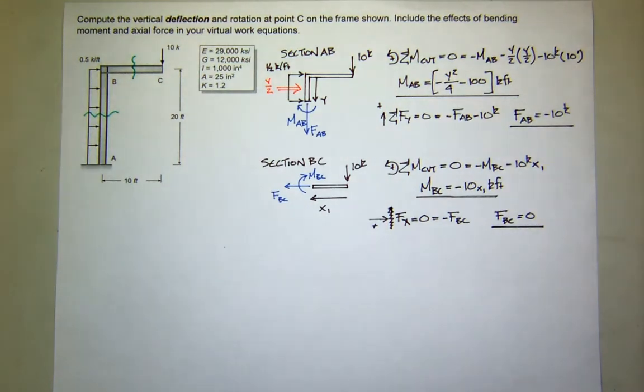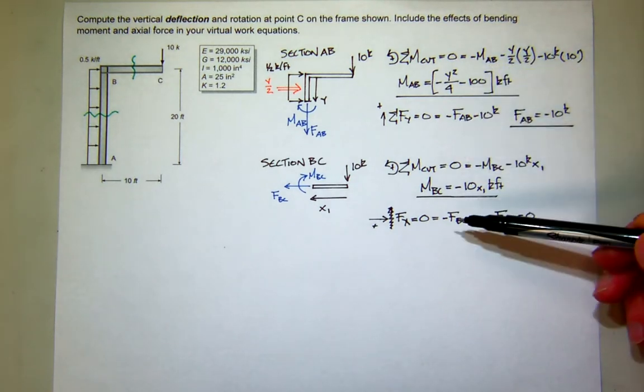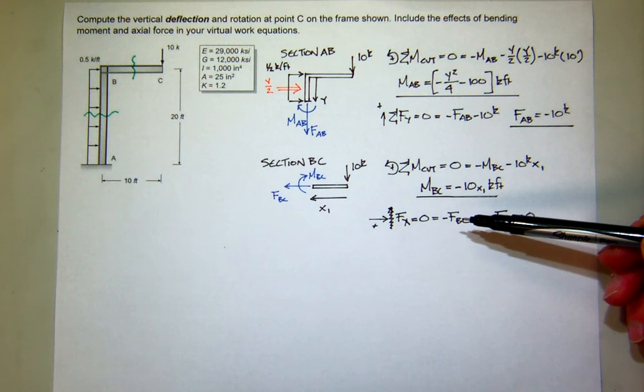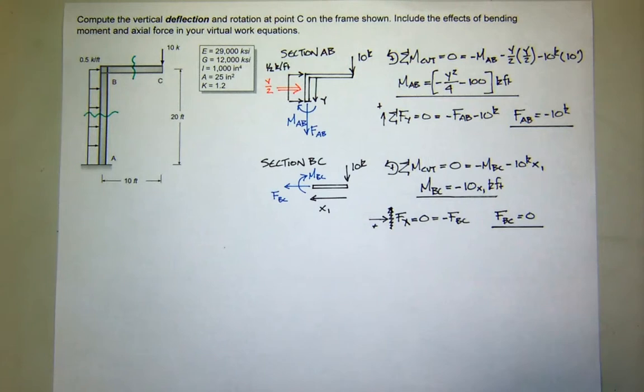Okay, we need to finish this problem. I started it last time and had to break, so we're going to redo it now, or pick back up where we left off. So we had just finished finding the moment equations for the structure, and now we're going to use virtual work. Since we want to know the displacement at point C, we're going to have to do a virtual system